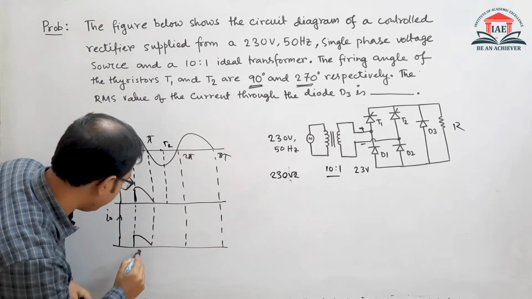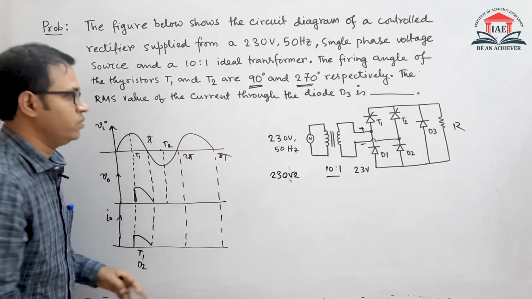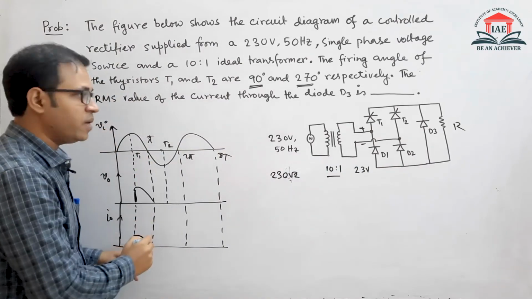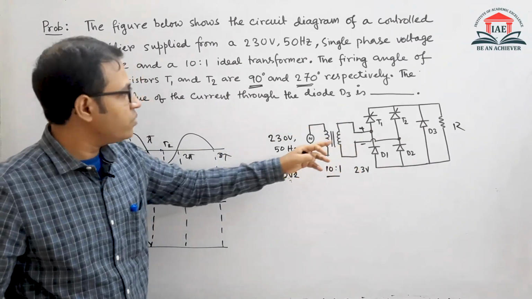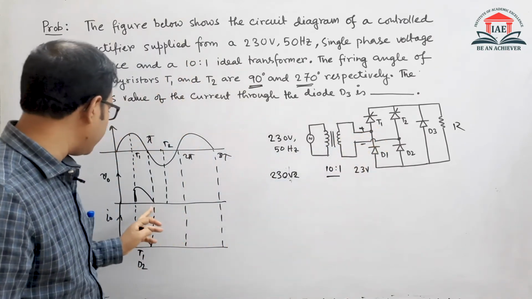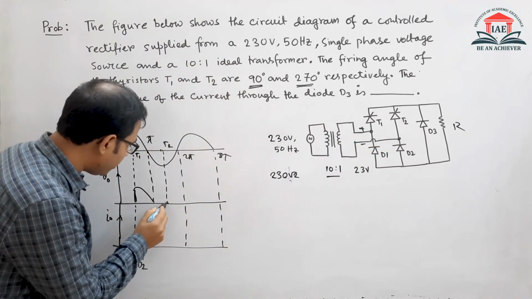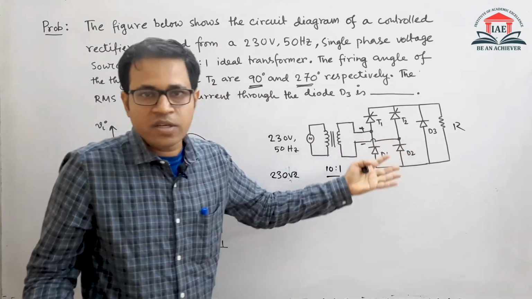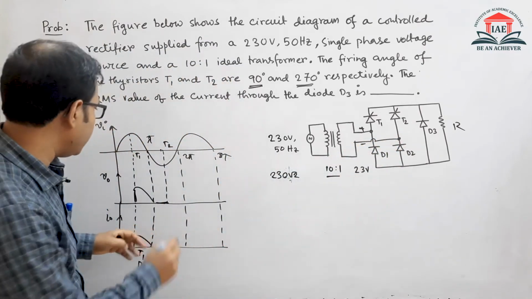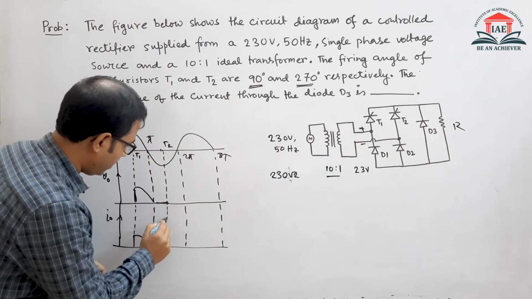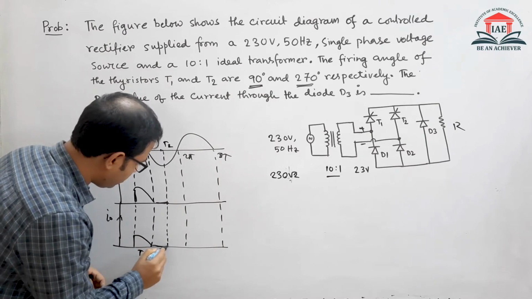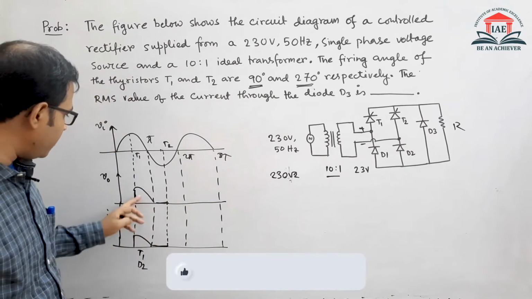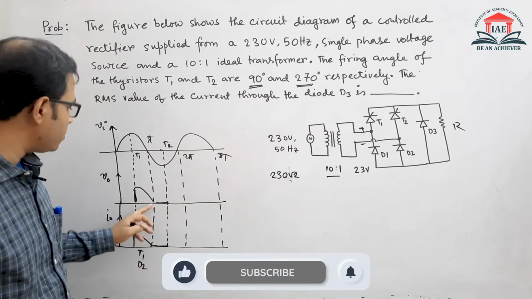The responsibility goes to T1 and D2, D2 because it is named as D2. Okay, here it will be 0. We know the current is coming to 0 because of the load resistance. And we know that the thyristor will be off at this point because the current is 0. Fine. Here we will get 0 voltage because in the negative half cycle T2 is ready for conduction but it is not triggered. So what will happen? We will trigger T2 at 270 degree and subsequently we will get 0 current also. The output current is 0 because output current will follow the input voltage. That's why we have drawn in the same way, maximum, maximum, minimum, minimum, or 0 and 0.